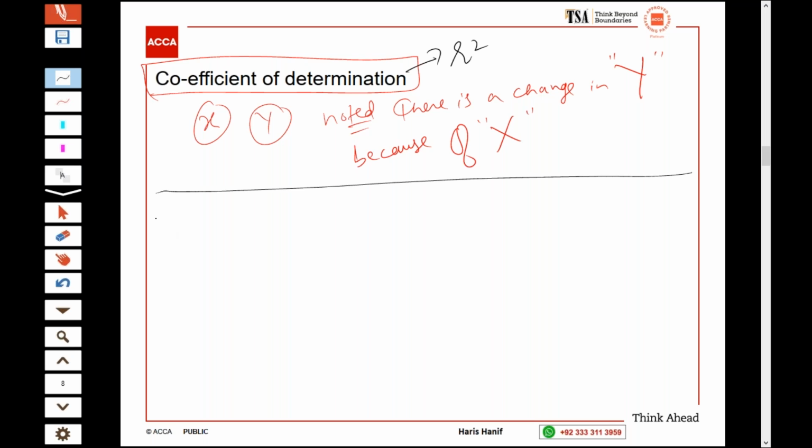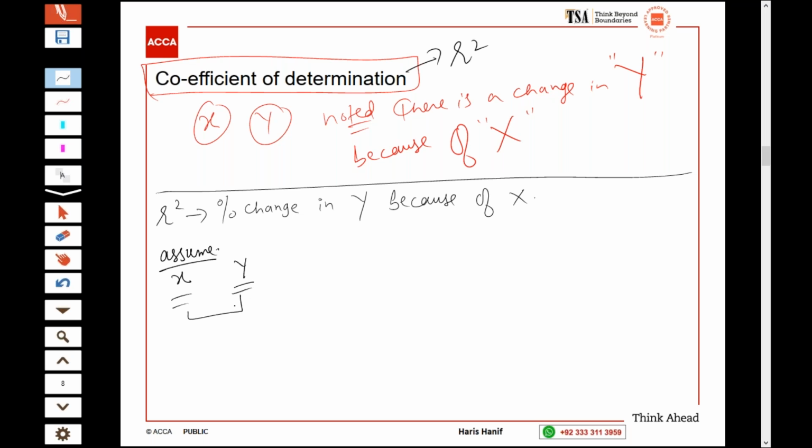Now, what does r square show? R square shows the percentage change in y because of x. Assume there is x, there is y. We have solved. The r was 0.92. Now that was showing partial positive correlation. Okay, but when we will be solving r square